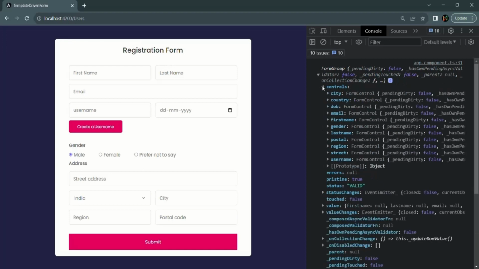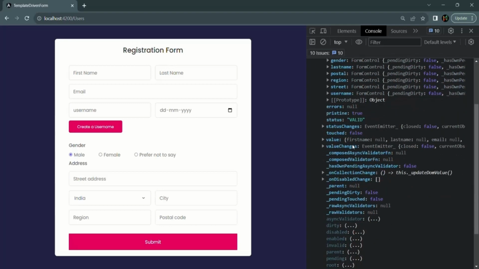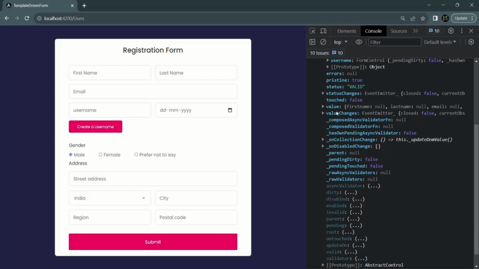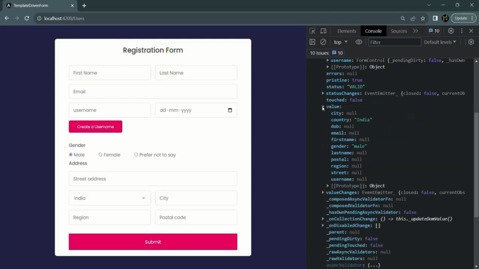And if I expand this controls property, you will see that we have all the controls which we have defined inside that form group. For example, city, country, date of birth, email, first name, gender, last name, postal, region, street, username, etc. And we should also have a value property. So here we have our value property. If I expand this value property, this is an object, and in that object, with the form control name, we have a property name,